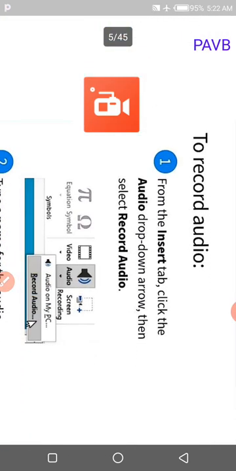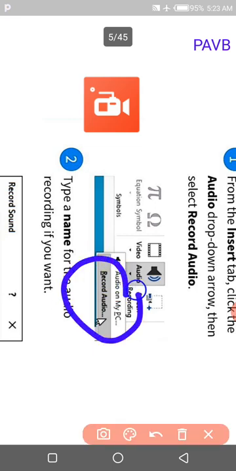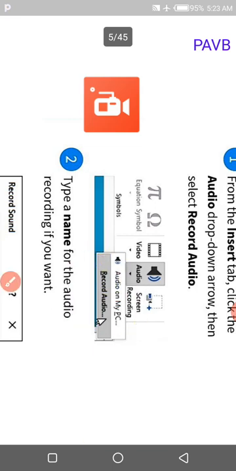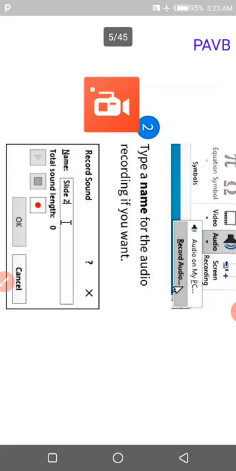How to record audio in PowerPoint? The following steps to be followed. Step 1. From the Insert tab, click the audio drop down arrow, then select Record Audio. Step 2. Type the name for the audio recording if you want.